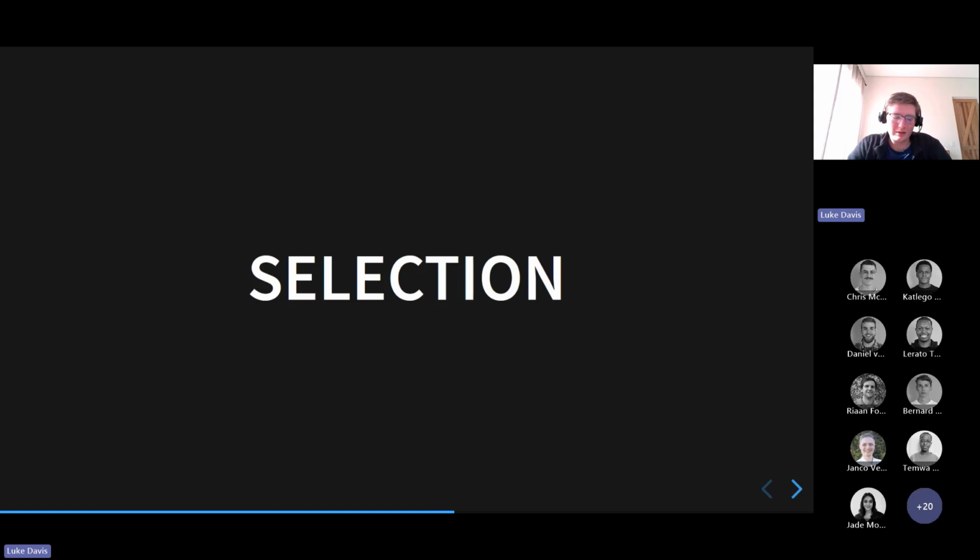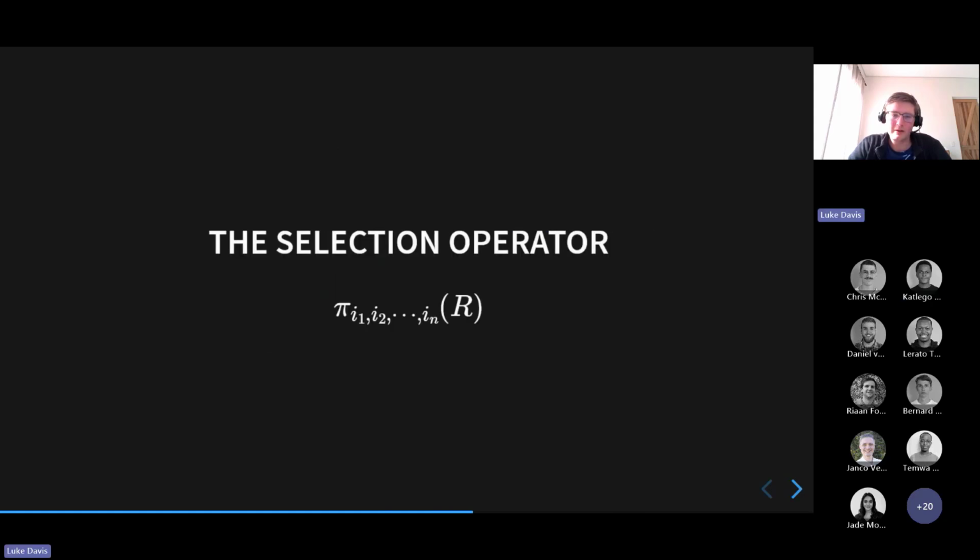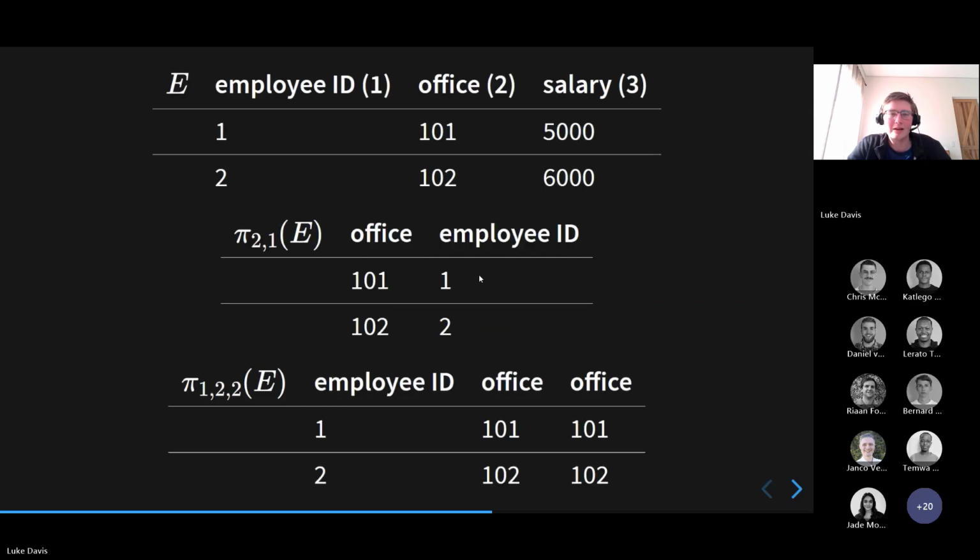So we'll go over the selection operation. It's defined like this. You have pi, it's called, and then you have a list of numbers, and then the relation that you're operating on. It's just a function. So yeah, you have employee office, and salary, and then you have selection of column 2 and column 1, which will select out the offices and the employee IDs, or you can repeat them to have column 1 and then column 2 twice if you wanted for some reason,